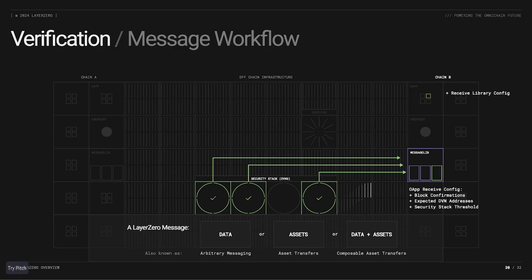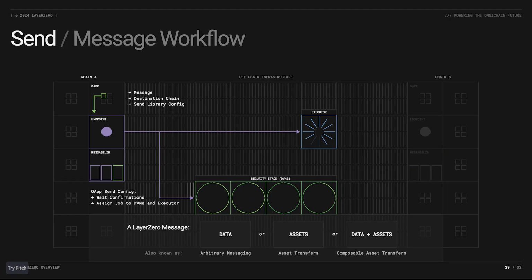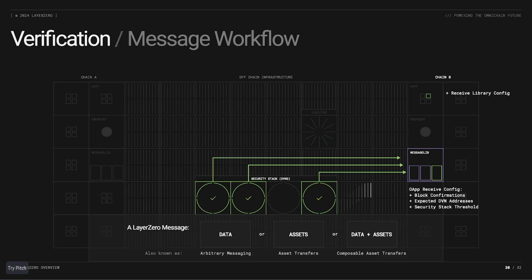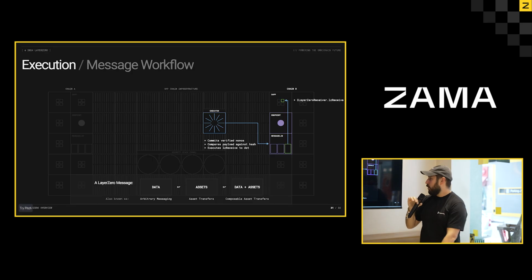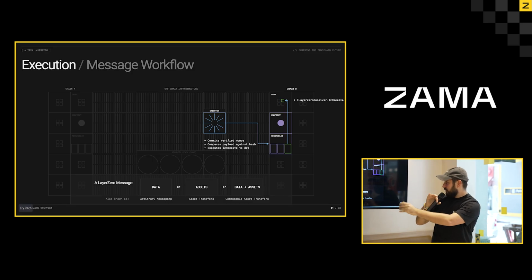So with this system, the ability to send a message on a source blockchain, automatically have service providers verify that this message is legitimate, and then execute on that verification enables you to build LayerZero messages that move any arbitrary call data, function selectors, things that you need to essentially orchestrate on the destination chain, or asset transfers, or finally data and asset transfers at the same time. LayerZero is a very flexible system in that you can move basically any arbitrary state that you need between multiple